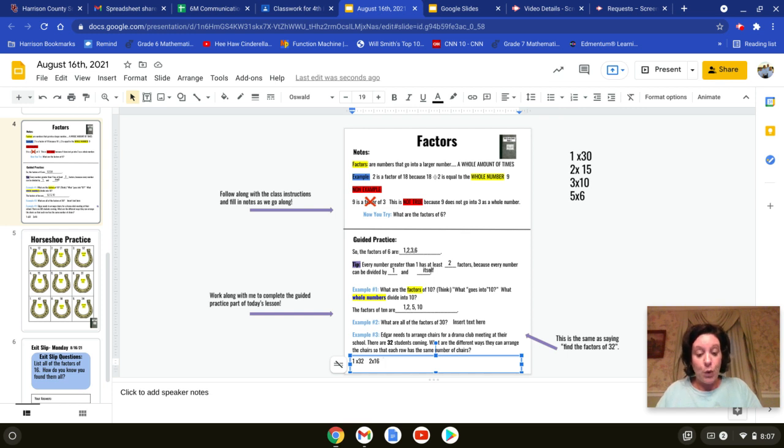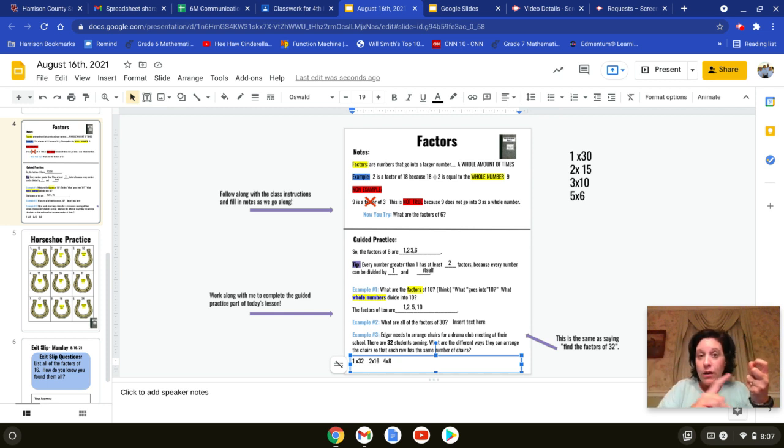Then we got 4 and 8. 4 times 8 is 32. 5 is not a factor of 32. 6 is not a factor of 32. 7 is not a factor of 32. Now we've got 8. So notice we didn't completely run into each other, like we did with 5 and 6. But notice that we are really close together and the numbers between 4